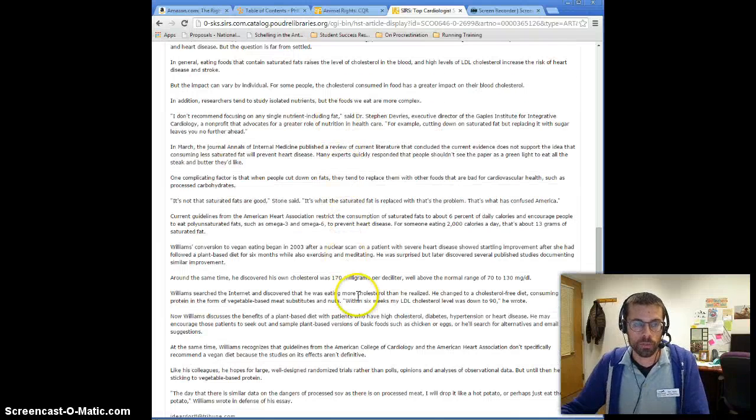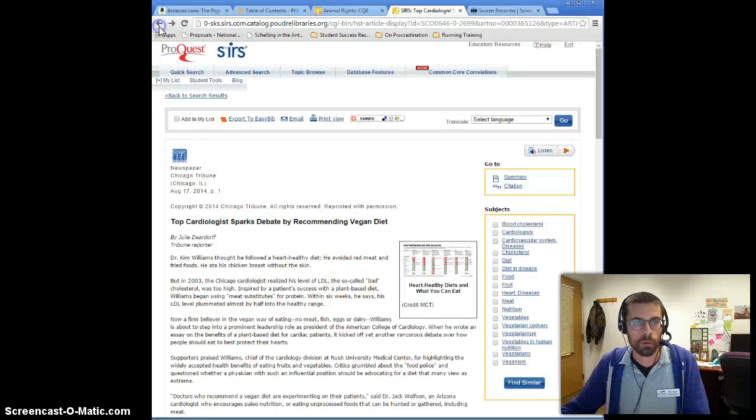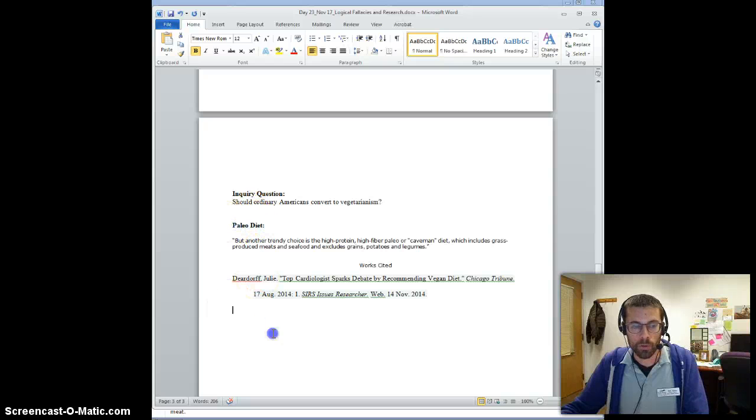And then I can continue reading, I can continue going back to a list of articles and start accumulating evidence, quotes, facts, and organize them by category over here. So I might make a category about health benefits and start making a list of quotes, facts, and then also don't forget to add those citations, because that will really save you a lot of time when you come to the point of assembling your paper.